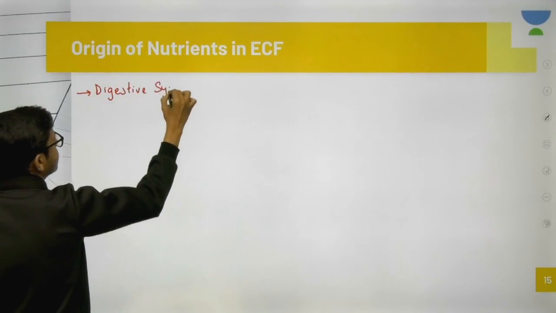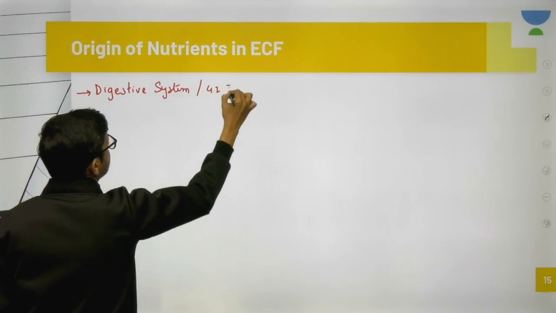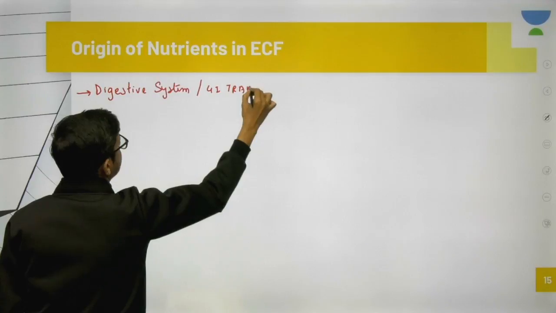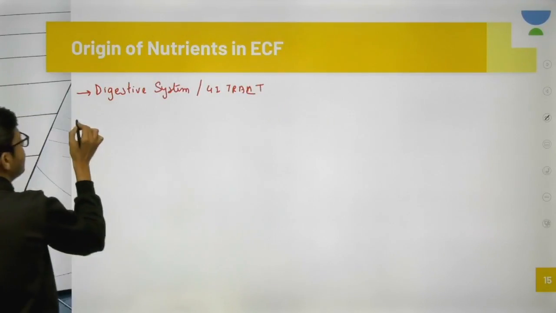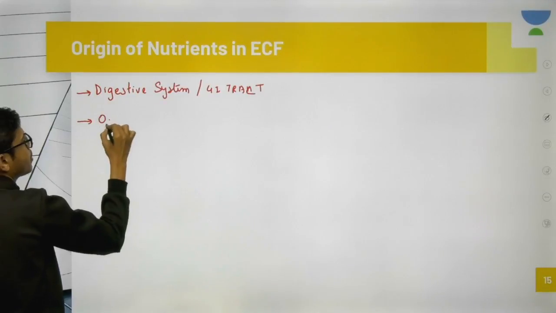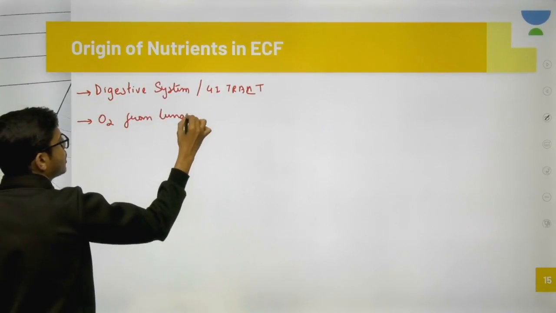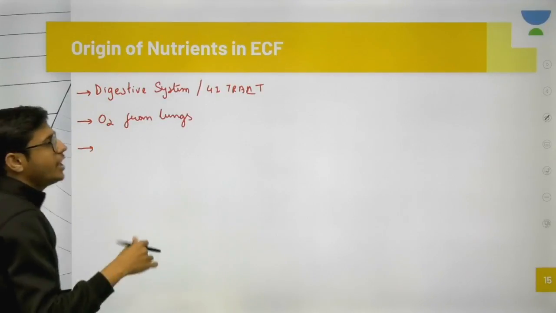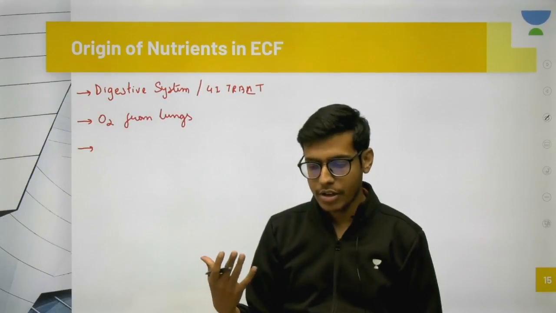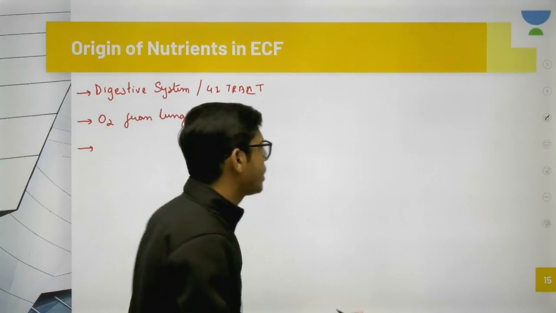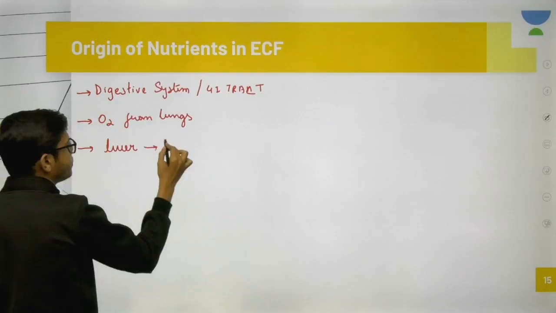Digestive system or GI tract, sorry. Secondly, it will get oxygen from lungs, O2 from lungs, okay? And it will do metabolic reactions in the liver, right? All the metabolic function would be occurring in the liver. So in the liver, it will be responsible for